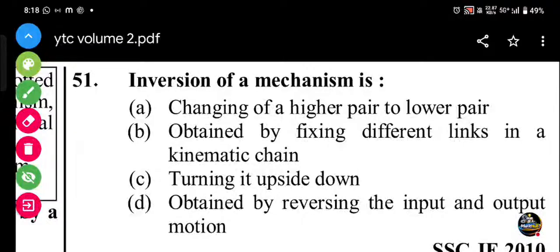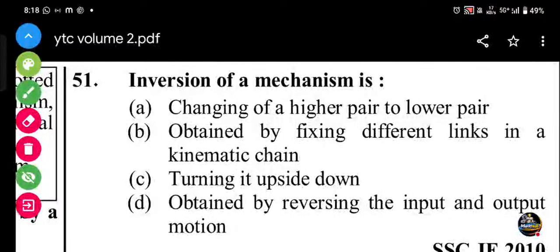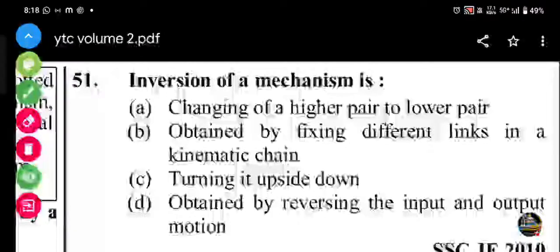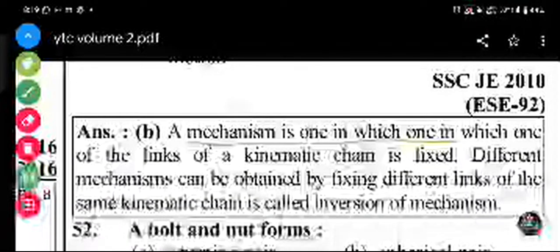Okay, let's start with question number 51. Inversion of a mechanism is changing of the higher pair to lower pair, obtained by fixing different links in a kinematic chain, turning it upside down, obtained by reversing the input and the output motion. B is the answer. Inversion of a mechanism can be obtained by fixing different links of the same